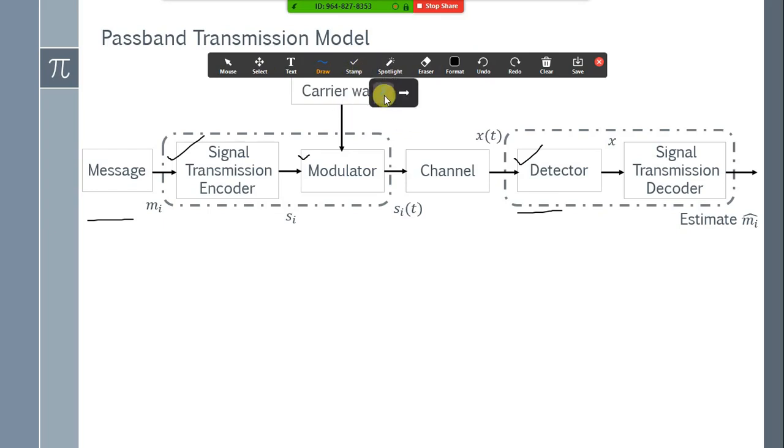You can also use the spotlight to show which portion you are talking about in this block diagram. It can be used as a highlighter to show the students which portion you are talking about, and it is a very easy and recommended practice that will help the students understand.